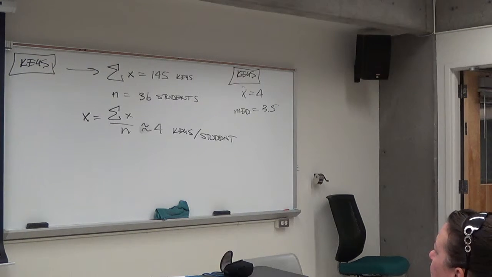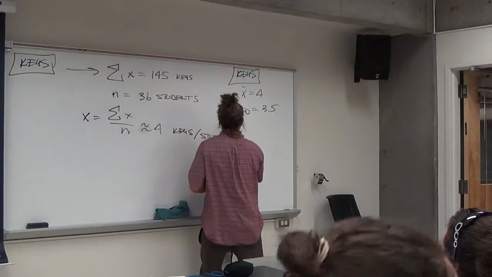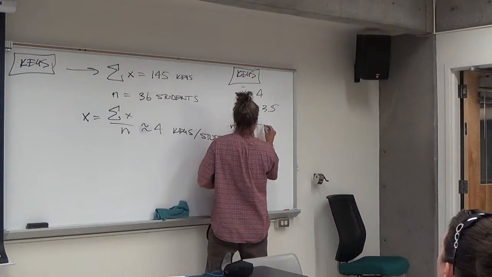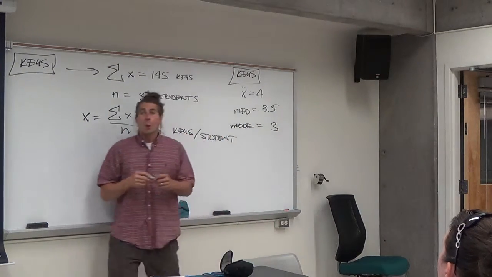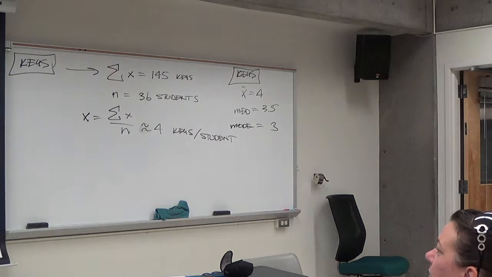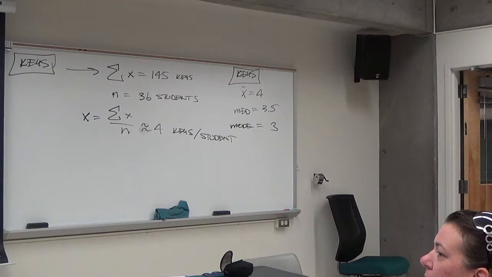Go ahead, John. What if there wasn't a reoccurring? That's okay too. Very good. Hearing all the good questions. We said it's 3, right? What if nothing repeated? What if every single one of the 36 people in the room had a different number of keys? And there's no mode. Or some people will say that they're all modes because they all happen once. That doesn't usually happen.